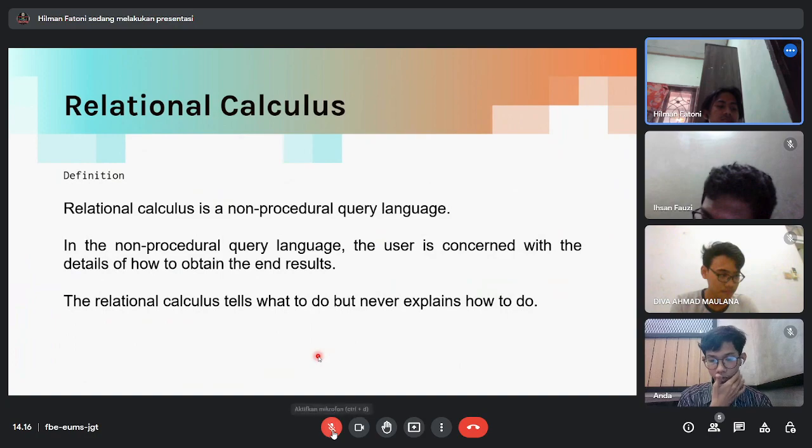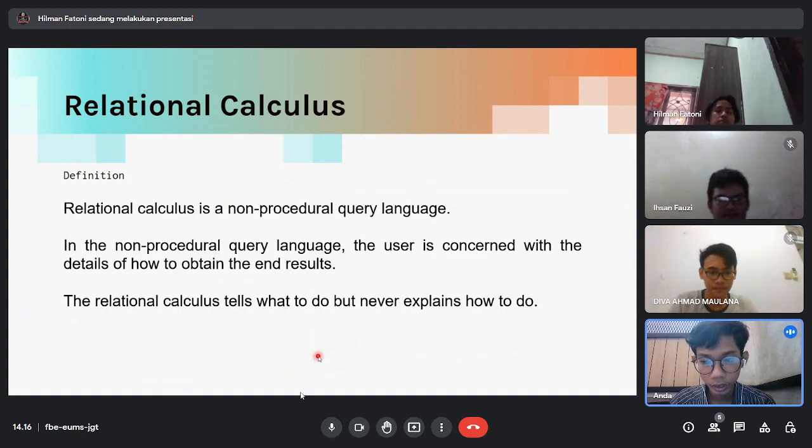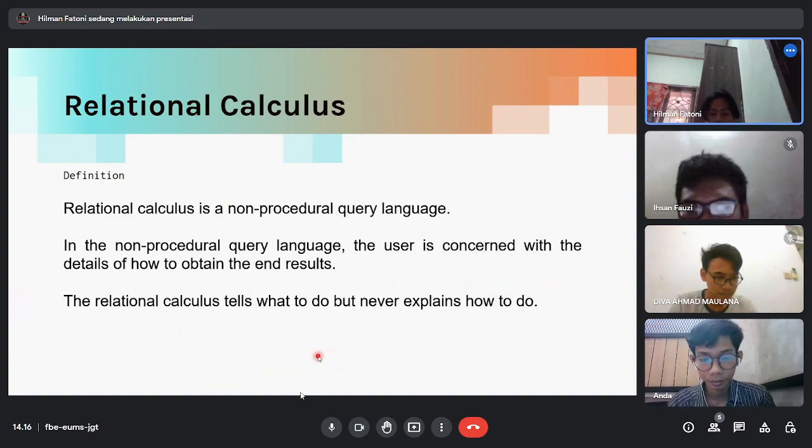Ramadan. Okay, thank you. Next is relational calculus. Relational calculus is a non-procedural query language. In the non-procedural query language, the user is not concerned with the detail of how to obtain the end result. The relational calculus tells what to do, but never explains how to do it. Next,